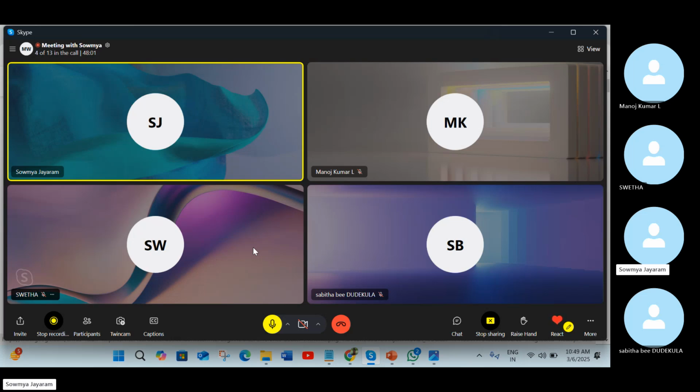There are plenty of things to learn in Docker, but we will cover the main things, the key components and keywords that you have to tell your interviewer.